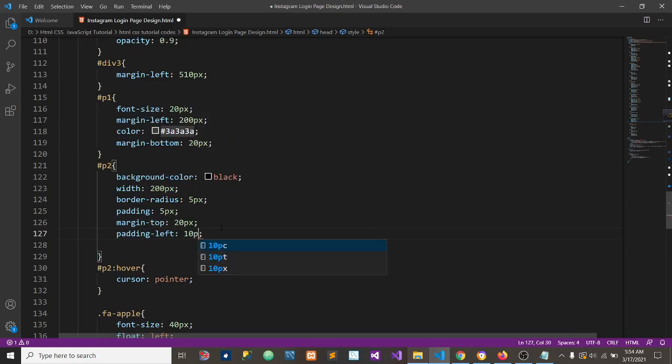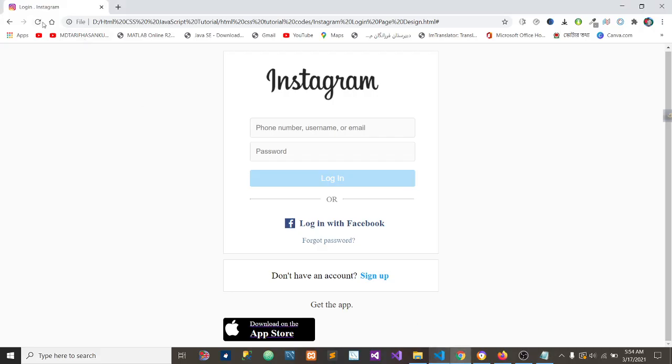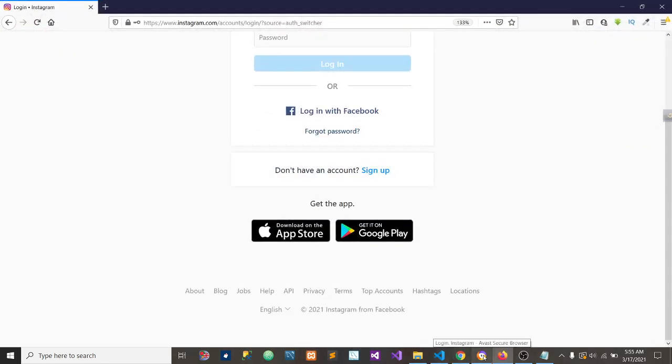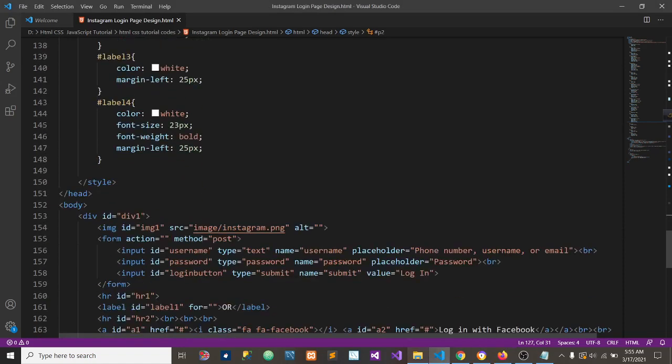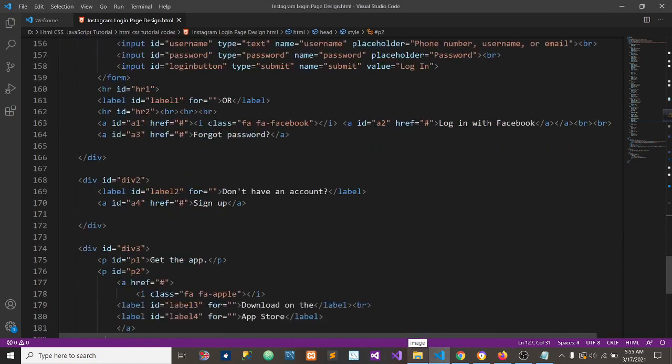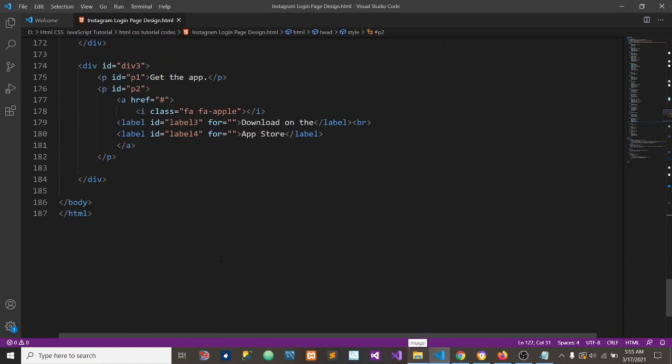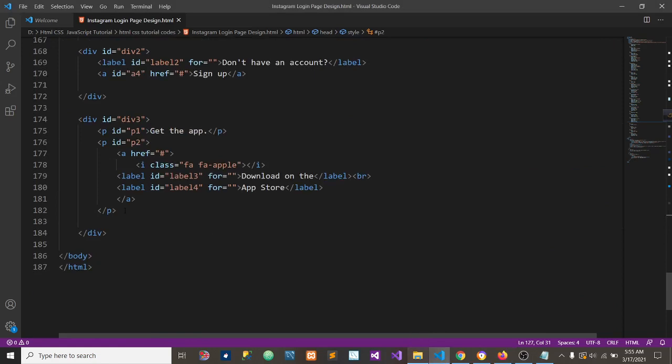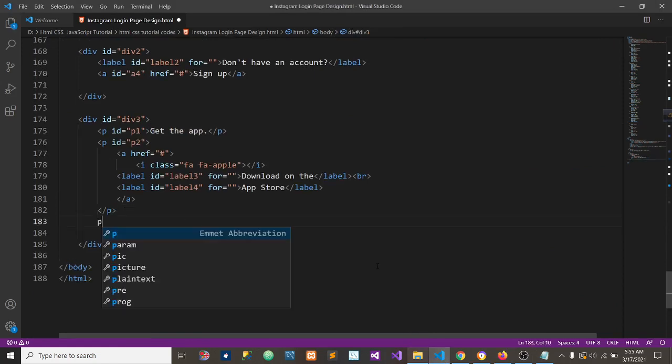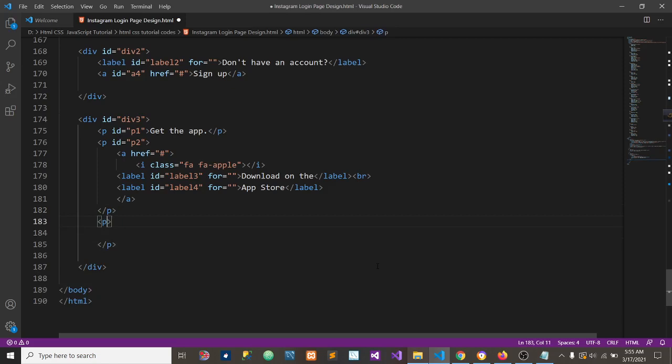লেফট। তো এটা ধরুন আমি 10 পিক্সেল করে দিচ্ছি। তো দেখুন আমাদের এটা অনেকটা এটার মতো হয়ে গেল। তো এবার আমাদের সেমভাবে এটাও ডিজাইন করতে হবে। তো এই জন্য আমরা যে কাজ করতে পারি সেটা হলো আমরা এই সেম ওয়েতে ওইটাও করতে পারি। তো এই জন্য আমরা আরেকটা পি ট্যাগ নিব, এবং এর একটা আইডি দিচ্ছি, আইডি এটা ধরুন P3 দিচ্ছি।